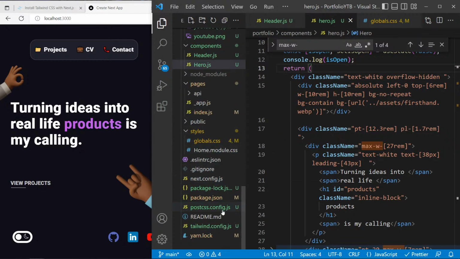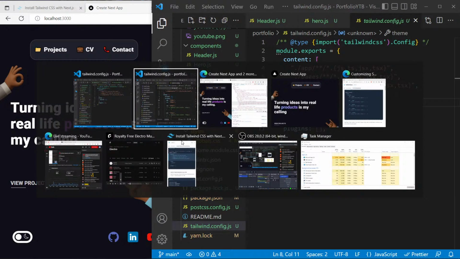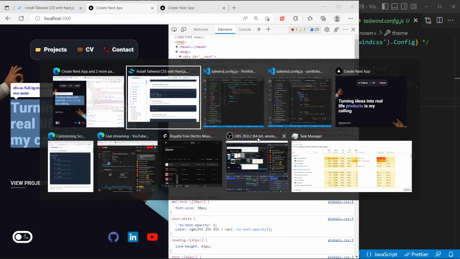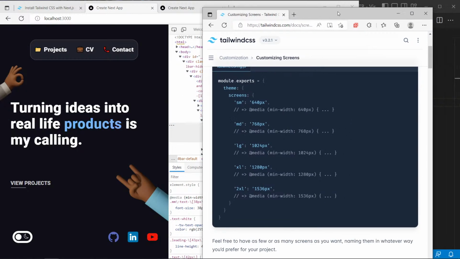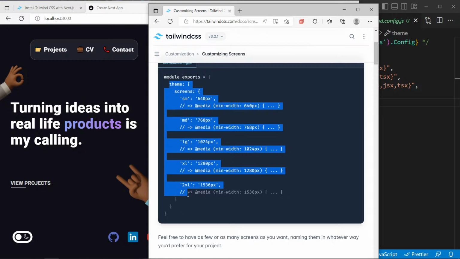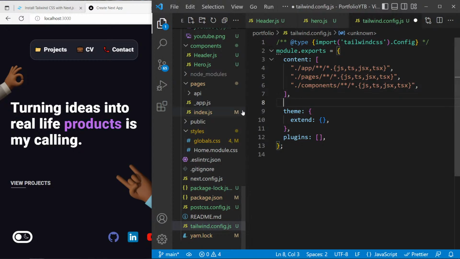If we go to Tailwind config, here we can add the Tailwind. I think I maybe have it in my bar. Not this one, this one. So we can add this module exports, this theme module export from Tailwind. We can copy this and add it right here, but let me make sure I add it correctly. So under the theme,